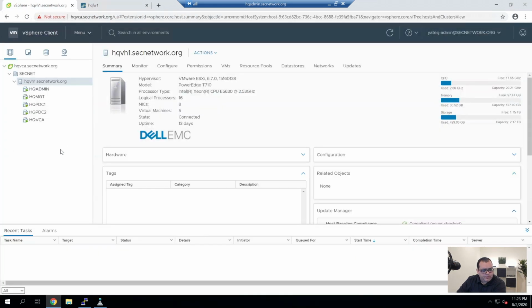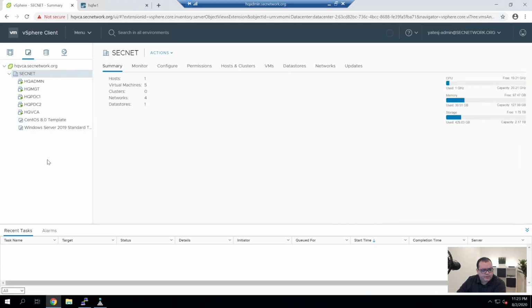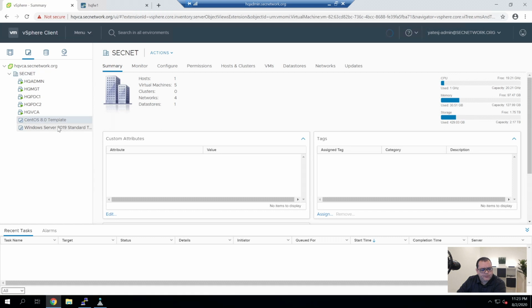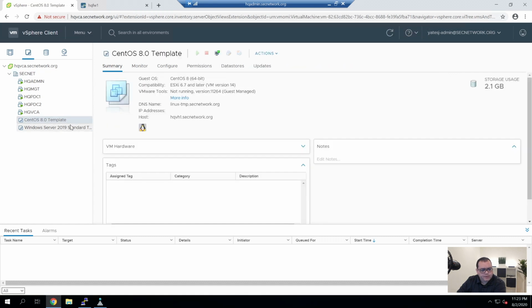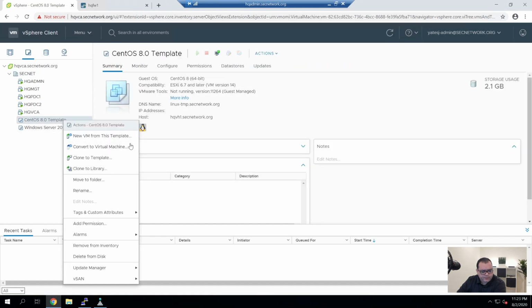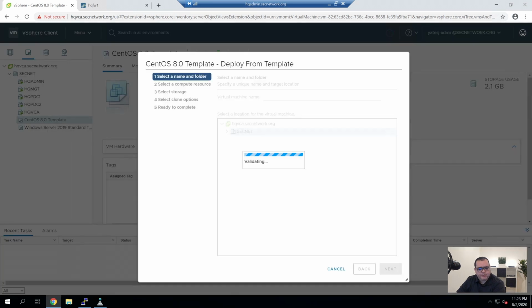Alright, so I'm already logged into vCenter, and we are going to build this off of the CentOS 8 template. So what I'm going to do is clone this to a new VM.